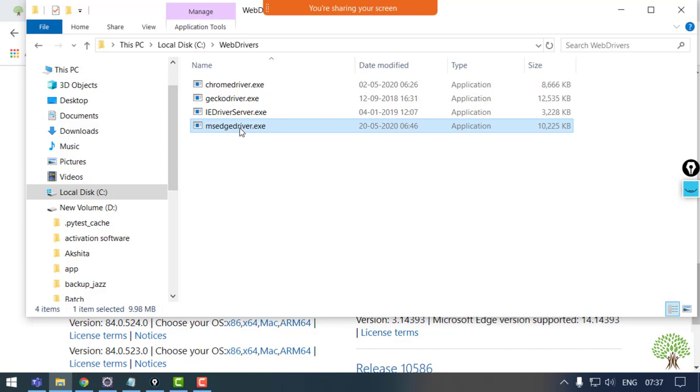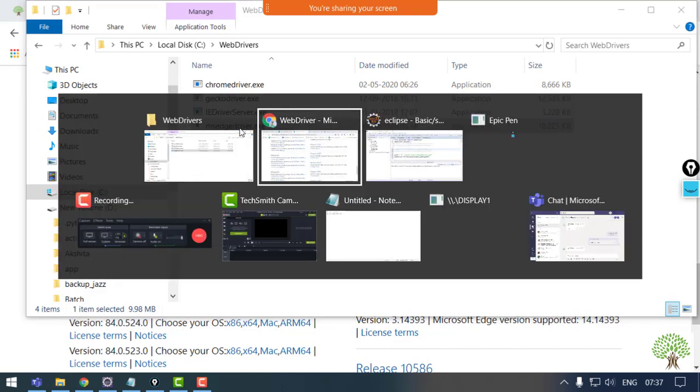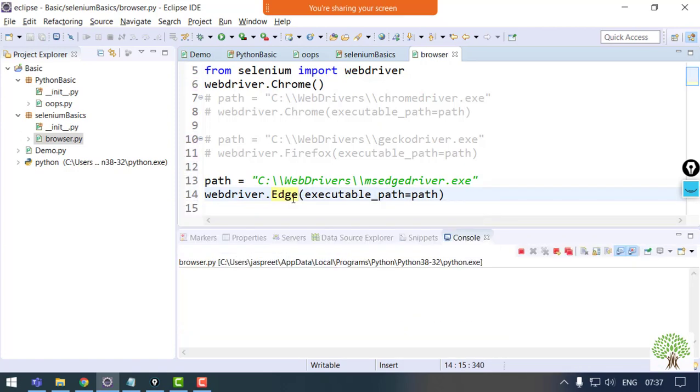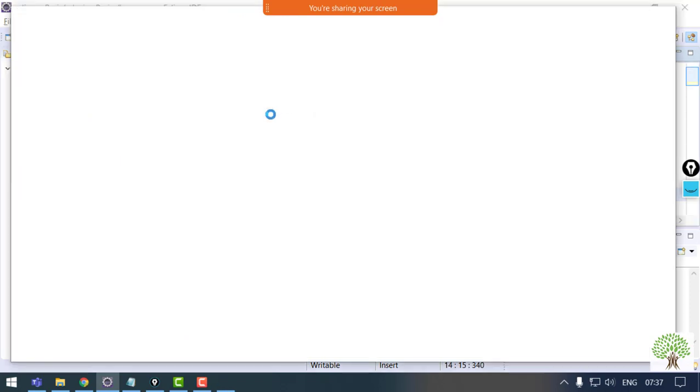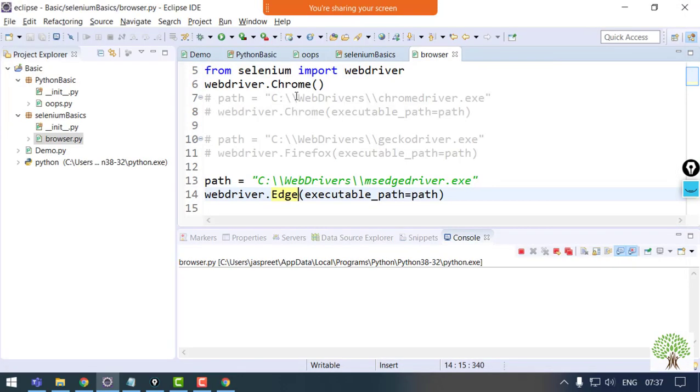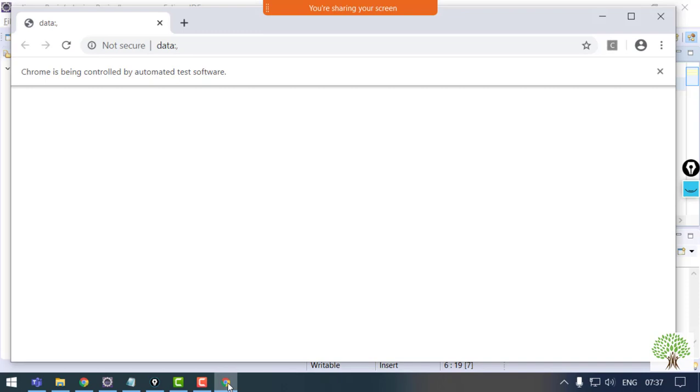Fine, so I just need to get the name of my exe to run this Edge browser. Okay, it will open the Chrome browser as well. It's opening the Chrome browser because I still have this command given. I have not commented it out. So that's why.